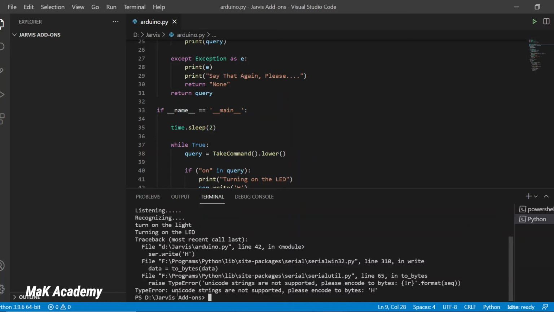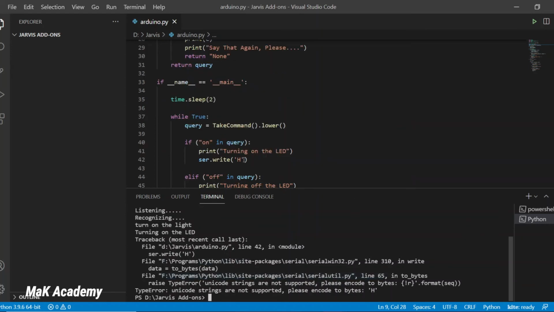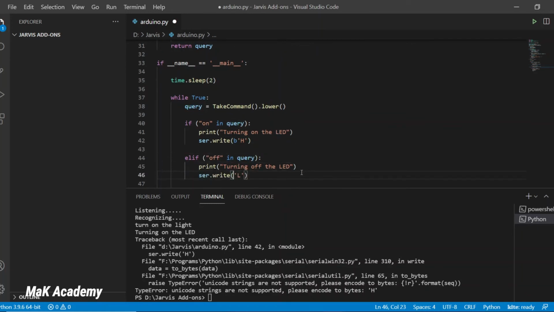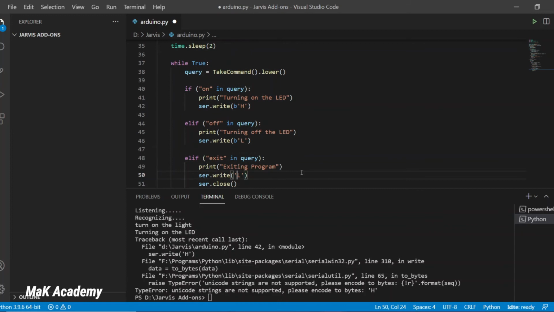Please encode your input to bytes. So it wants us to convert all of the input that we have given to the write function to bytes. We can simply do that by going to each of our inputs and adding a small b next to each of them. So I will go here and type b. Now I will close this terminal and rerun our program to see if it works or not.